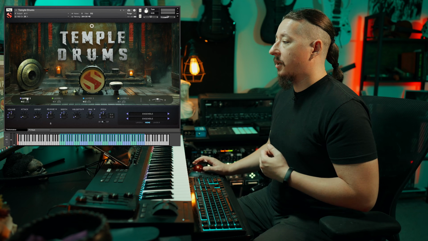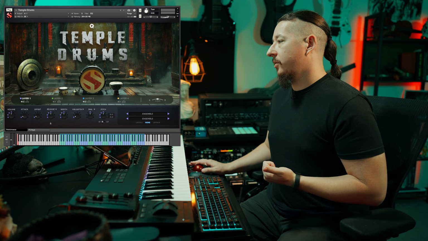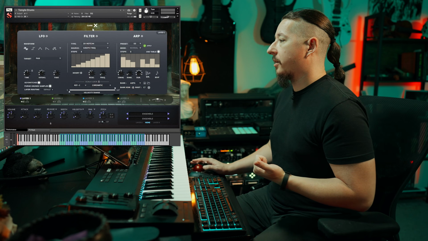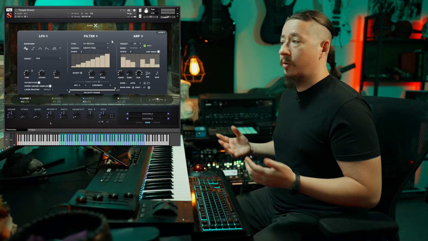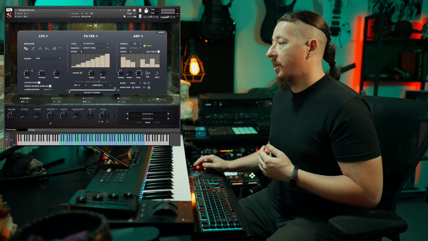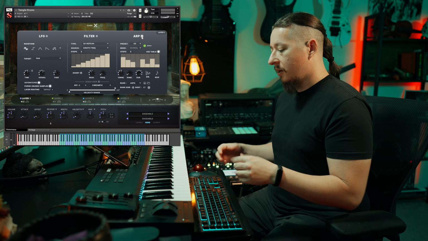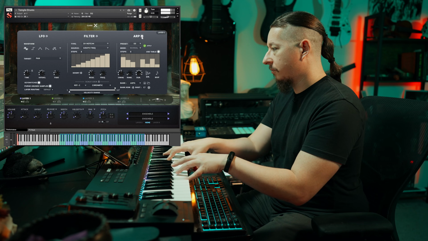And then if we go to any of these layers, one of the cool things is that if you click this icon up here, you'll see that you have the advanced tab, and here you can apply some LFO, some filtering, as well as some arpeggiation. So if you want to turn this on, load up the ensemble, and just